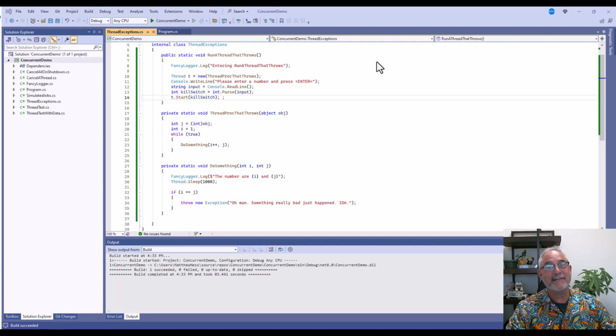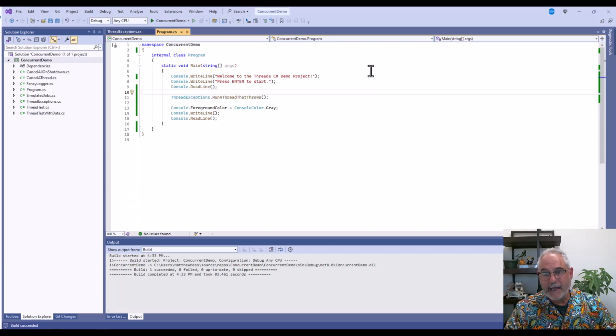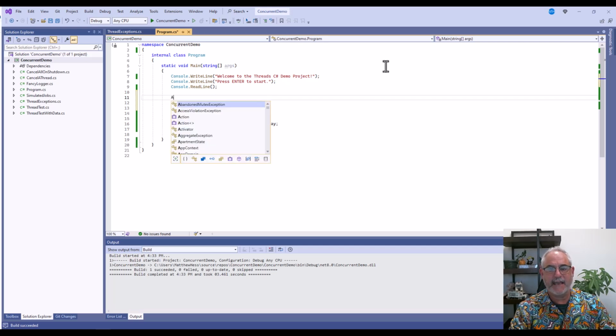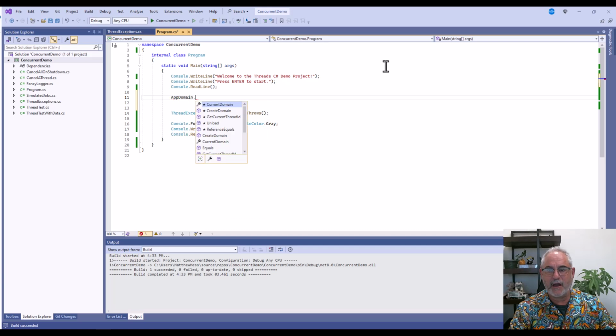So that is the lesson of this video: if you have unhandled exceptions in worker threads, it is going to crash your app. It's just going to take it down. So you might think, okay, I'm going to be clever. I'm going to handle my unhandled exceptions at the app domain level. So how would you do that? So we can say AppDomain.CurrentDomain.UnhandledException,